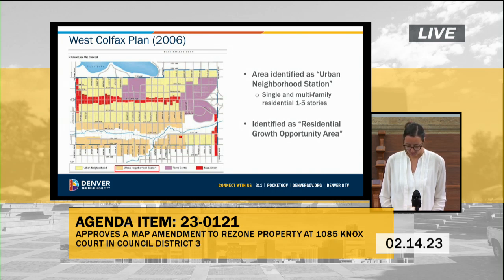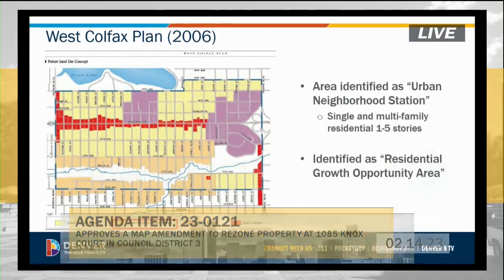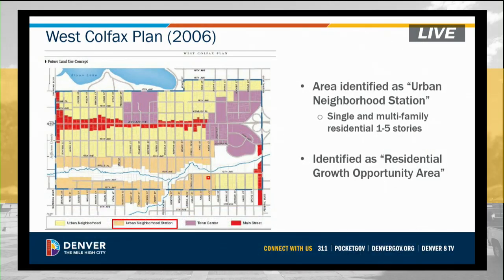Development might progress initially from residential additions and rehabilitation to the addition of carriage houses and conversion of single-family structures to duplex, triplex, and quads. The proposed zoning for the subject site, URH 2.5, will increase the range of residential housing types and will control the scale of future development to the same scale as the surrounding residential development and is consistent with the West Colfax Plan.